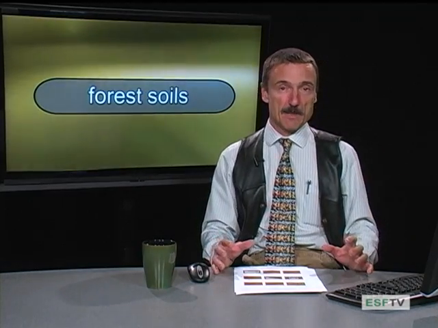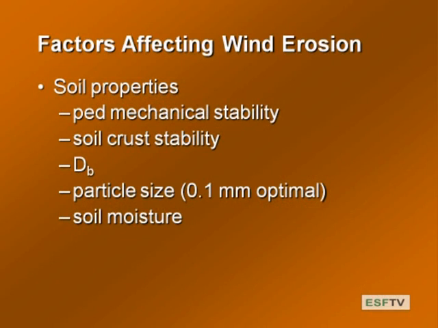Okay? And then we kind of top that all off with soil moisture. So soil moisture is key. It's one of the big ways to control erosion. So when particles are moist, the particles tend to adhere a little bit. And excuse me, it's one of the more important ways to control erosion.